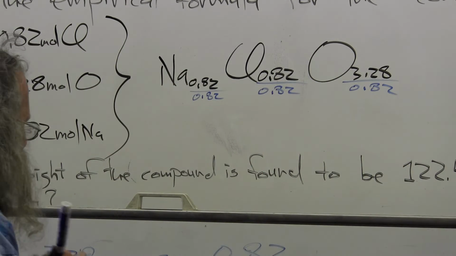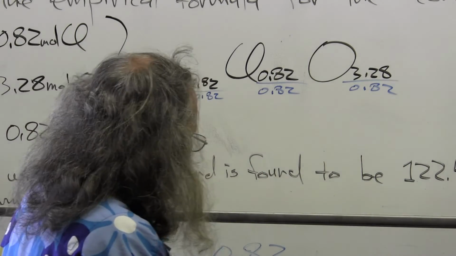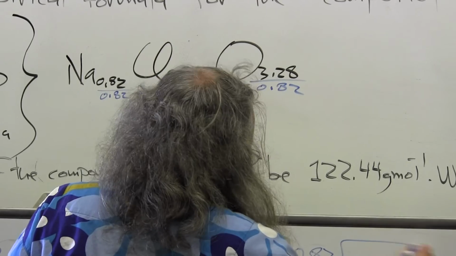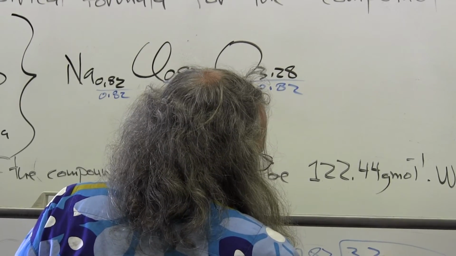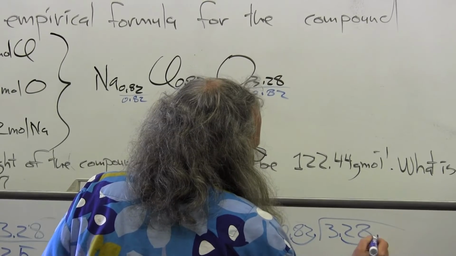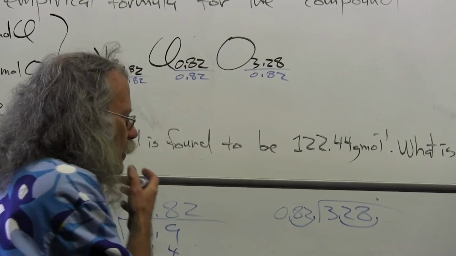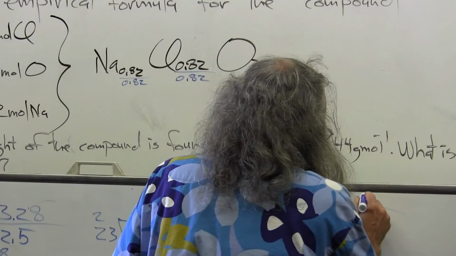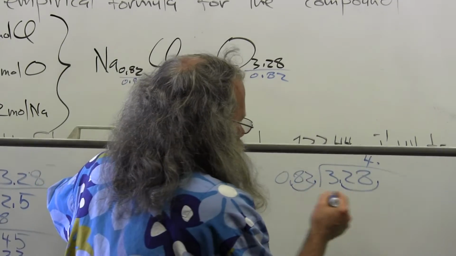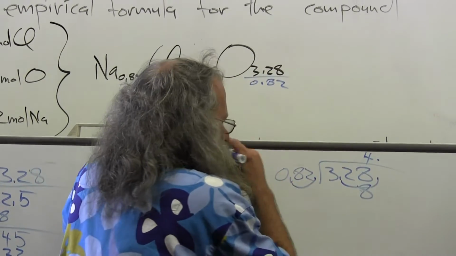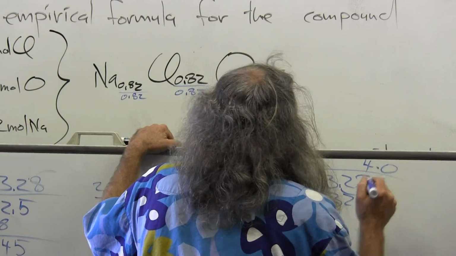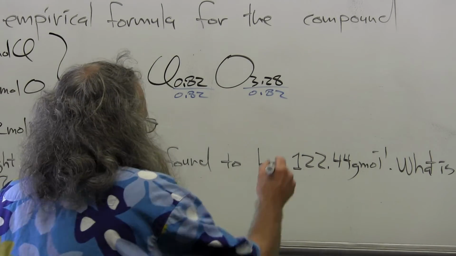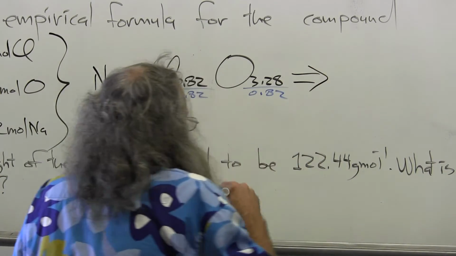And that turns out to be the only non-trivial one. These are trivial, but this one I gotta go 0.82 goes into 3.28. I gotta move the decimal point over 2. And 328 is divided by 82. Well, gee, it looks like awfully close to 4. Let's see where that takes us. 4 times 2 is 8. And 4 times 8 is 32. Oh, 4.0. So that worked out rather nicely, and therefore the empirical formula is going to be